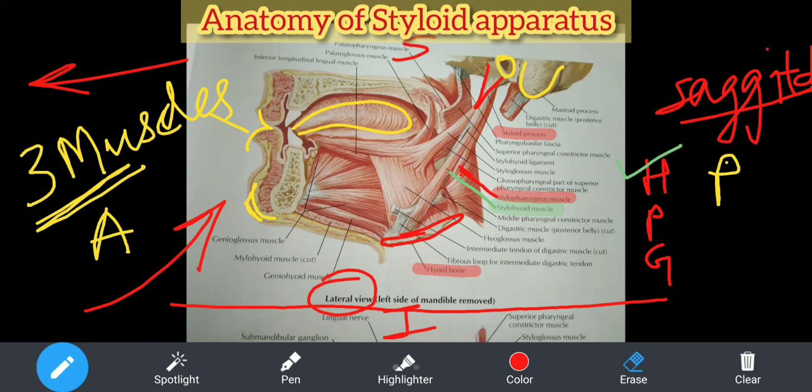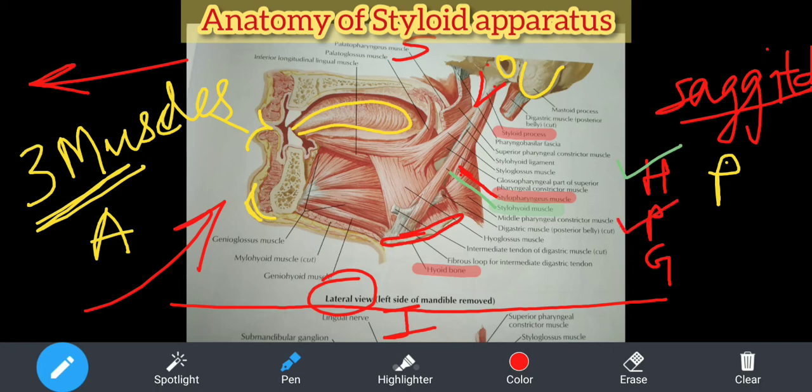It is going inside this middle pharyngeal constrictor muscle. All these are muscles of the pharynx. When you learn about the pharynx, you will understand. तो pharynx के three constrictors रहते हैं, superior, middle और inferior. तो ये जो middle constrictor of the pharynx है, that is middle pharyngeal constrictor. Inside that, or you can say anterior to that, you have this stylopharyngeus muscle. From the styloid process, this muscle is going like this inside the pharynx. And so this stylopharyngeus is also over.